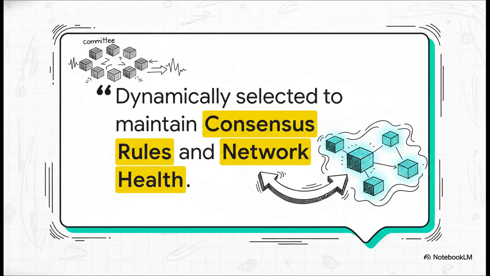This committee analogy is honestly the perfect way to think about it. Instead of every single block shouting for attention, the network is constantly electing a small group of the most important ones. This committee then makes a single, clear decision, and everyone else just follows their lead. It's how Kaspa brings order to all of that potential chaos.